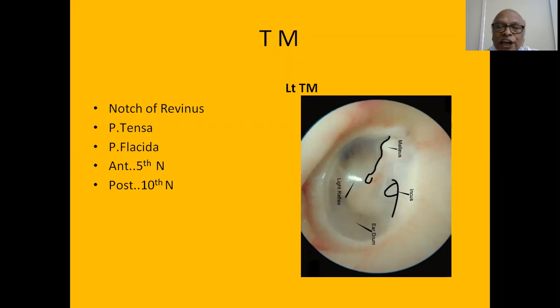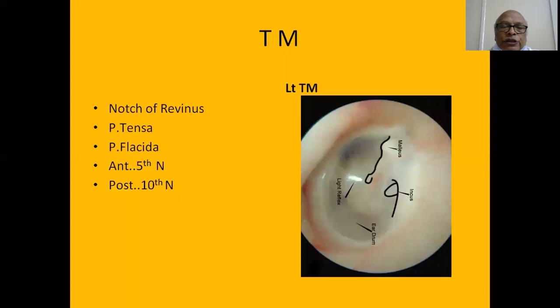As we see strikingly here, there is a shadow. This is the handle of the malleus. Its direction is posterior. And sometimes you can see the incudostapedial joint or the shadow of the incus, and you can see a bright light reflex also, usually at the level of 7 o'clock. Of course, it is distorted here. So this is how a normal tympanic membrane looks, in a pale pinkish color. If it is bright red, that means it is congested and inflamed.